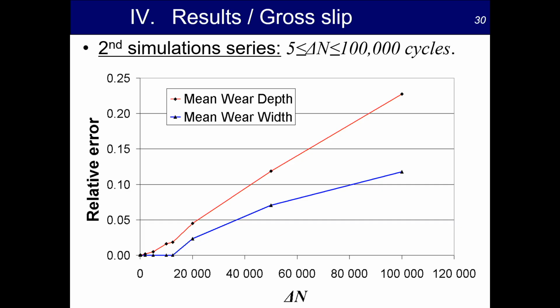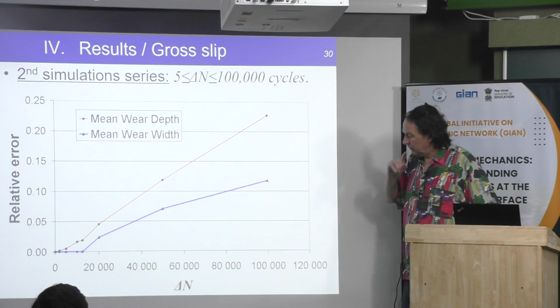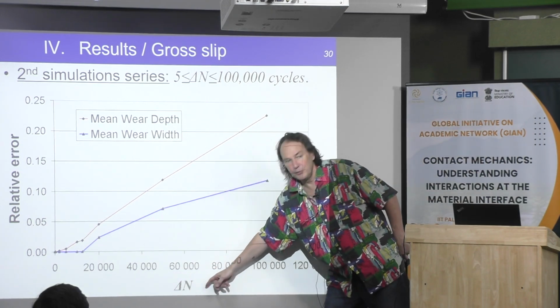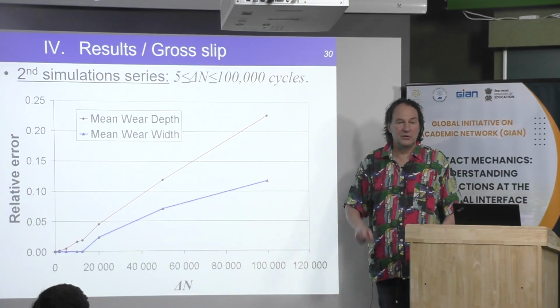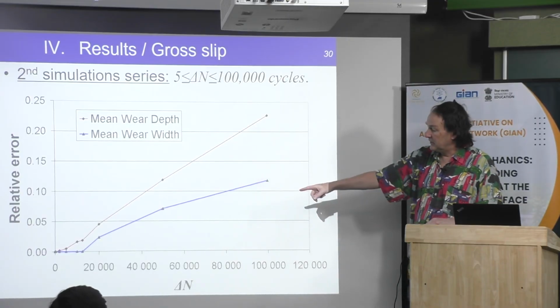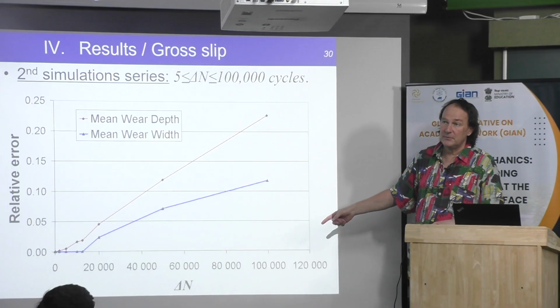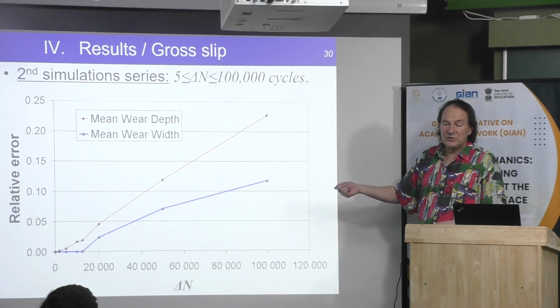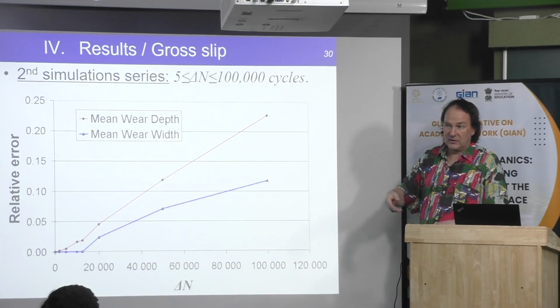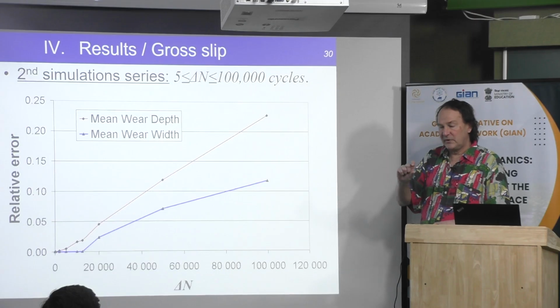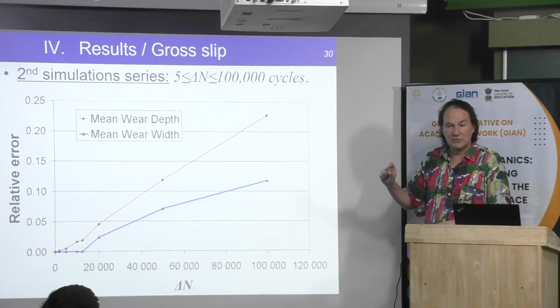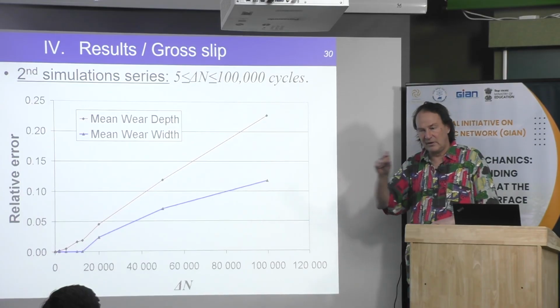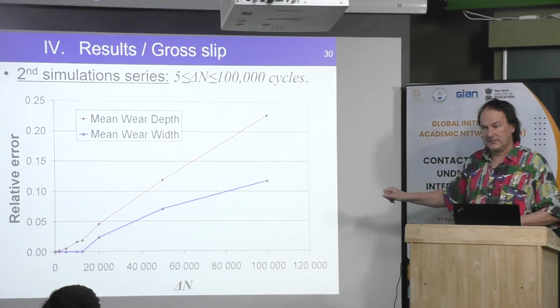Okay, then now this is just an estimation of the error. When we vary the jump cycle number, okay, jump by 10 cycles, by 100. Here, this is not optimum because we fix the jump cycle, but normally you should do that automatically. As I said before, for example, if the algorithm converges very well, if the wear is less than 1 micrometer, you can multiply by the number to have 1 micrometer for each jump cycle.